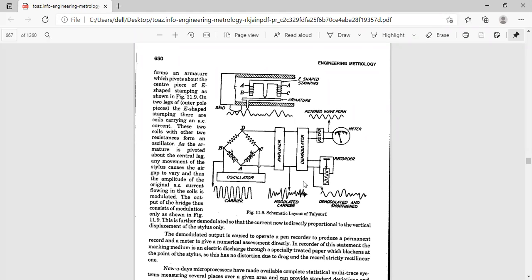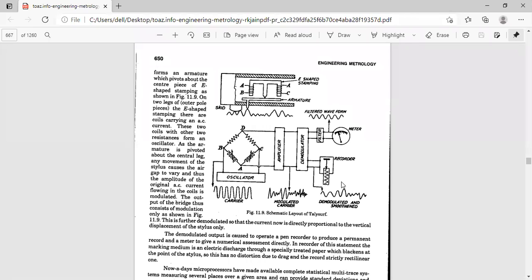it is used to operate a pen recorder. We have a pen recorder here. So what is the use of the pen recorder? What is the difference between the Tomlinson surface meter and this one? There only a temporary record is there on the small glass screen, only for that particular moment or for that particular hour or for that particular day. But here we have a permanent record.